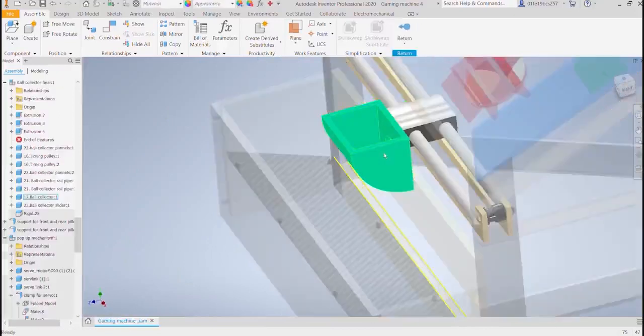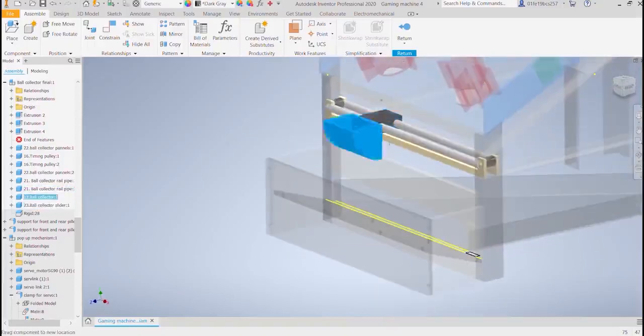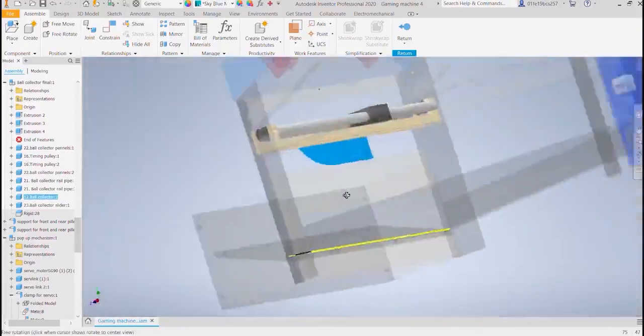So the first mechanism is a simple slider on two aluminum rods which act as a rail for it, and two timing pulleys at the ends, and the timing belt is connected to this slider. One end is connected to one pulley and the other to the other pulley. One pulley is connected to a DC motor, and as the DC motor rotates, the belt pulls this slider and creates a linear motion. The rotating motion of the DC motor is converted to linear motion as per the input from the user to catch the ball. This basket has a hole so that the ball caught can be transferred to the next section.